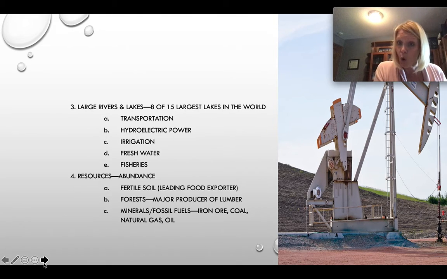ore. We have a lot of coal, and coal for many people, even yet today, is one of the primary ways that we can produce electricity. Lots of natural gas, which you know is how most people probably heat their homes today, and oil. Oil is hugely important. North Dakota is not the leading exporter of oil, but we're definitely doing our part. So these are all really, again, these natural resources that other countries just don't have the luxury of having, which has allowed the United States and Canada to flourish the way time and history has allowed it.